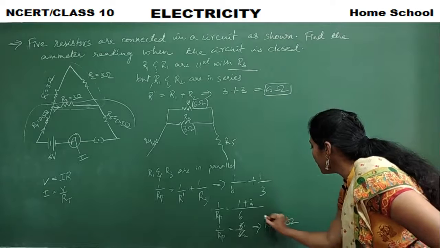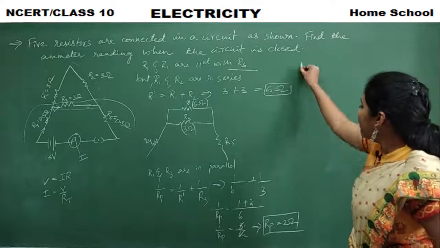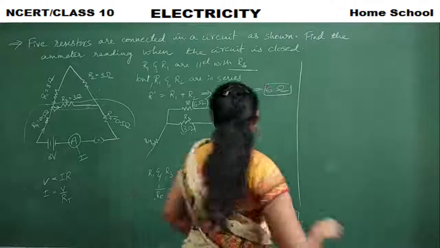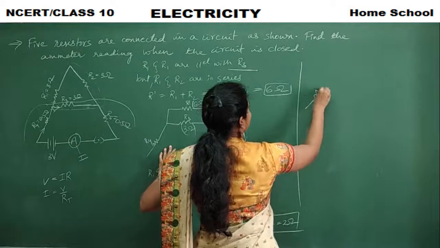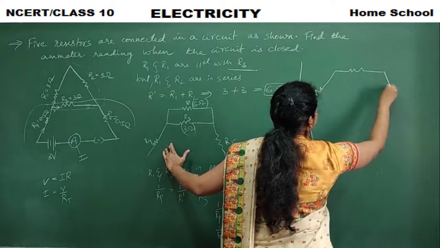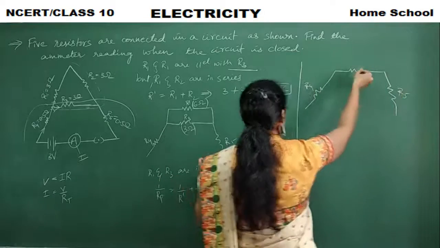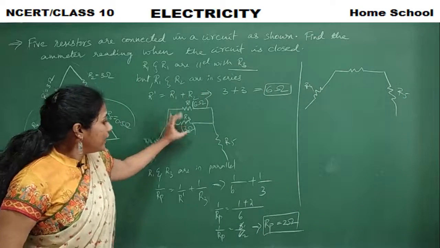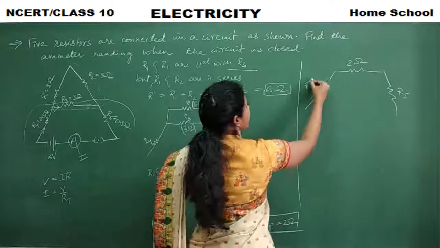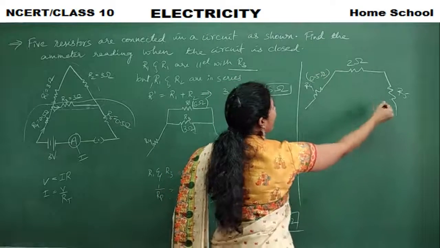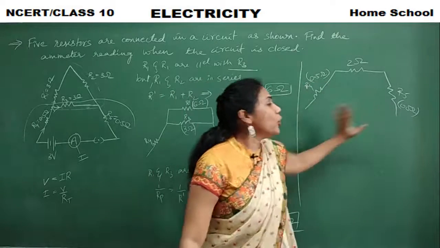2 ohms, right? So the whole combination is equal to 2 ohms. Now again I will redraw the diagram. Again I will simplify. I have combined this and this now. So my circuit has become like this, right? And this is my R4 and this is my R5 and this is a new combined one. What is the value I have got? 2 ohms. This is 2 ohm and R4 is 0.5 ohm. R5 is also 0.5 ohm. Right? Now this is my new circuit, the overall circuit.